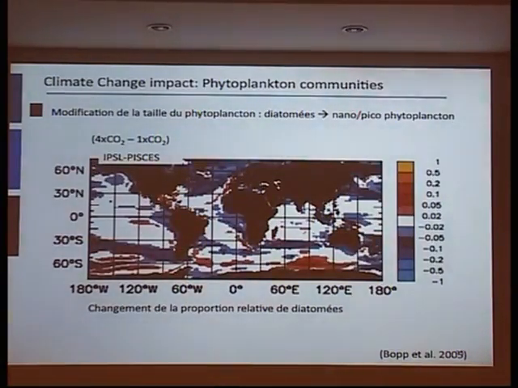Just another point. I've shown you that those models can represent different phytoplankton groups. So we've started to look at the changes in the ratio between the different phytoplankton functional groups. Here we have the impact of climate change on phytoplankton communities using the Pisces model I was showing you before. In blue, it means that you have a reduction of the relative proportion of diatoms compared to the small phytoplankton. So what the models, not only Pisces but some other models, tell us is also that with climate change you have more small cells and less of the